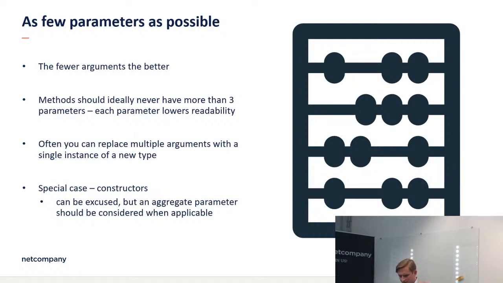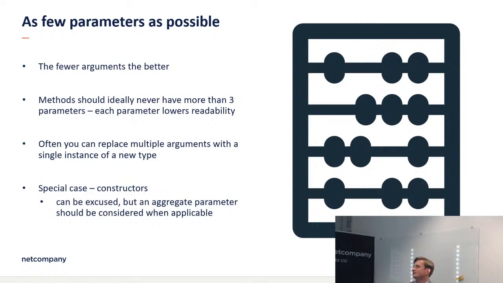Yeah, and Poliusz also says that he would prefer any instead of count. But as I said, it's often a matter of opinion. But again, back to the number of parameters. As I said, if you have many parameters, you should probably replace it with a single instance of a new type, or maybe that's just an indication that your function does more than one thing, and then you should refactor it and split it into several methods.